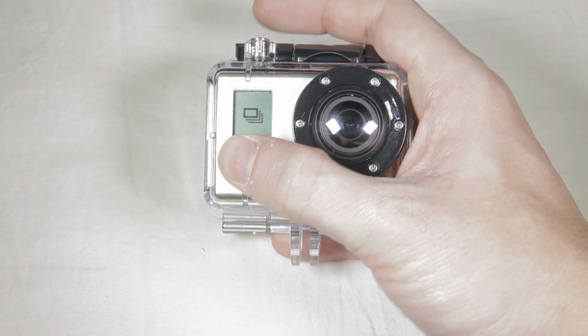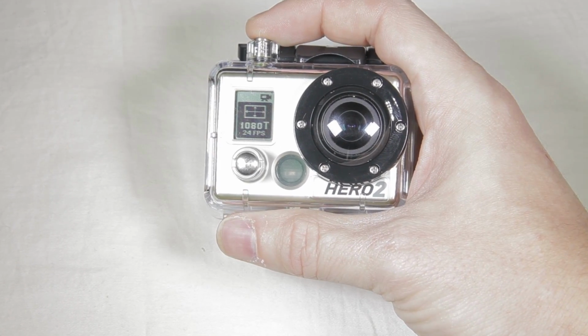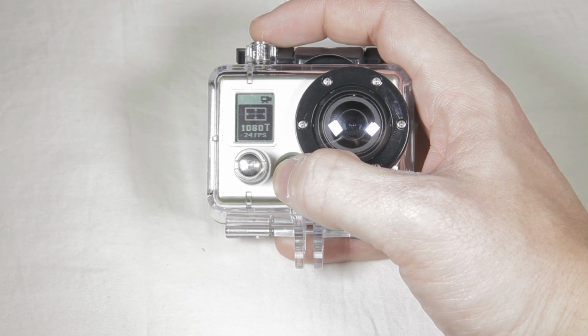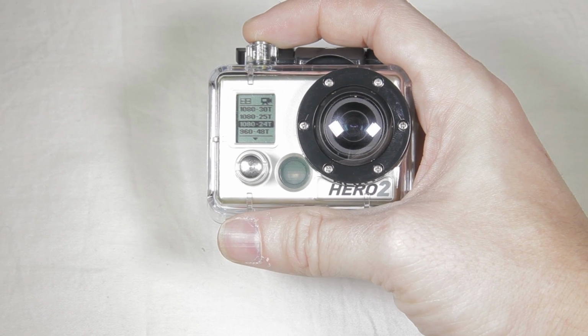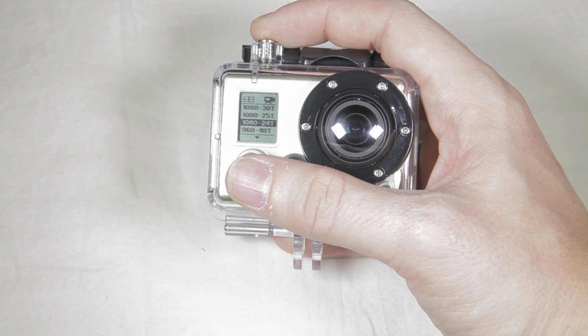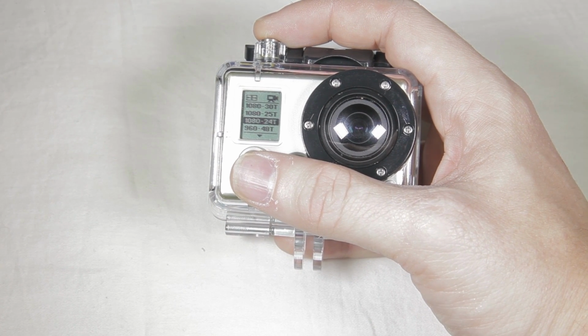All right, let's go back to our settings tab. We're going to go over all the different settings in this. You first have the settings to pick which frame rate you want to shoot in. So let's go on and hit. You have a couple different frame rates you can shoot in. You have a 1080p at 30 frames per second, 1080p at 25 frames per second, 1080p at 24 frames per